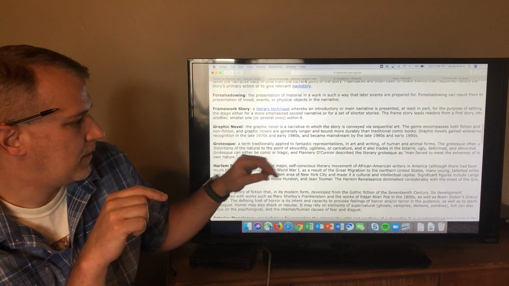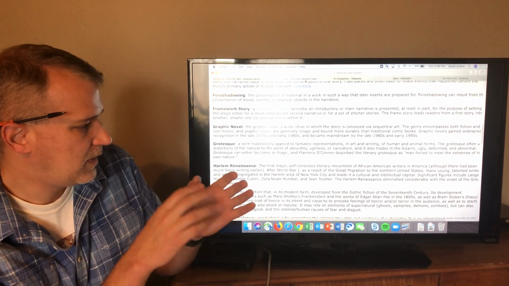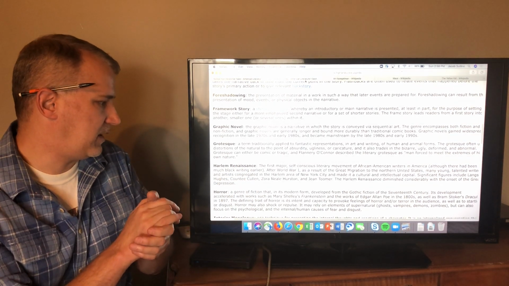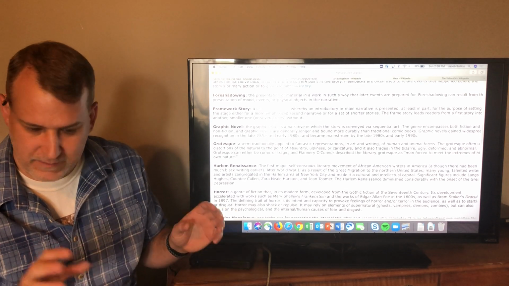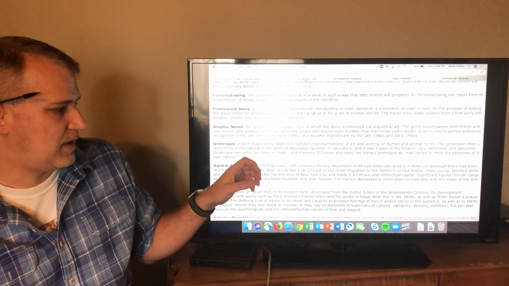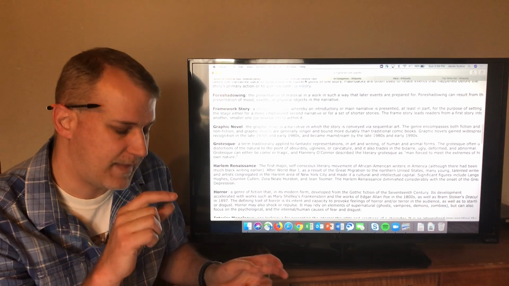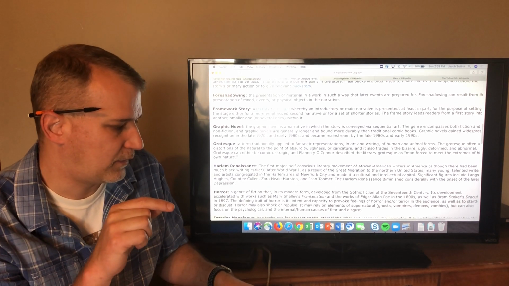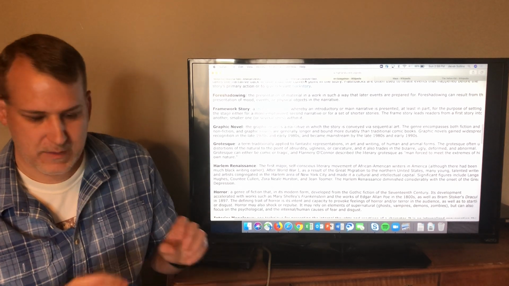As you see right here, they're generally longer and bound more durably than traditional comic books. Graphic novels gained widespread recognition in the late 1970s, so they haven't been around that long. We're talking 40, 50 years tops. They emerged in the early 1980s, and became mainstream by the late 1980s and early 90s. And that time period is really important to understand, because it was Maus and a couple of other books like Maus that